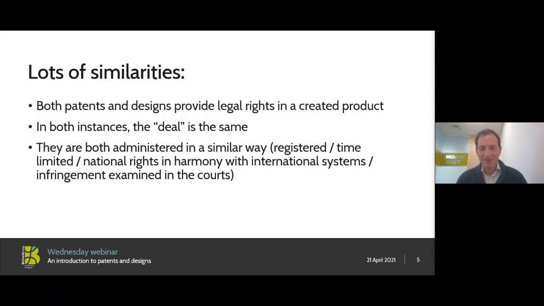So the way that the PCT works is that, as with the Paris Convention, there are a number of signatories. I think it's approaching 160 now, so most of the countries, again, that you're likely to want to file in. And what you can do with the PCT is you can either file it as an international application, or you can use an application that you filed during this Paris Convention period, so within 12 months. And you can make this international application, and that will count for a further 18 months in all of the